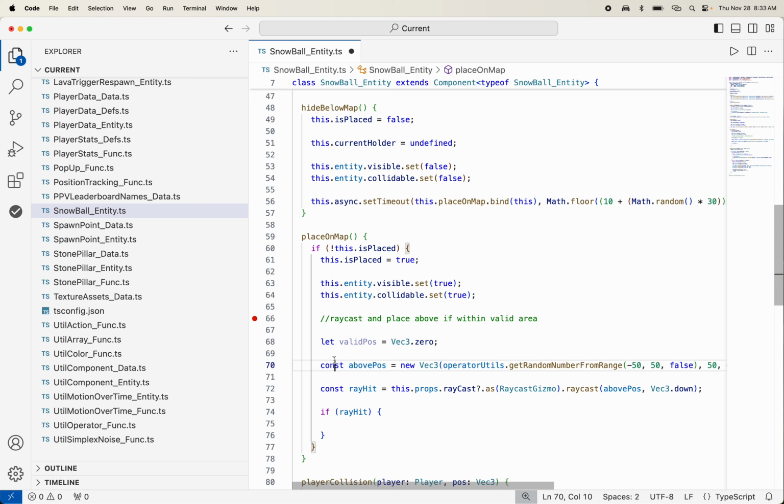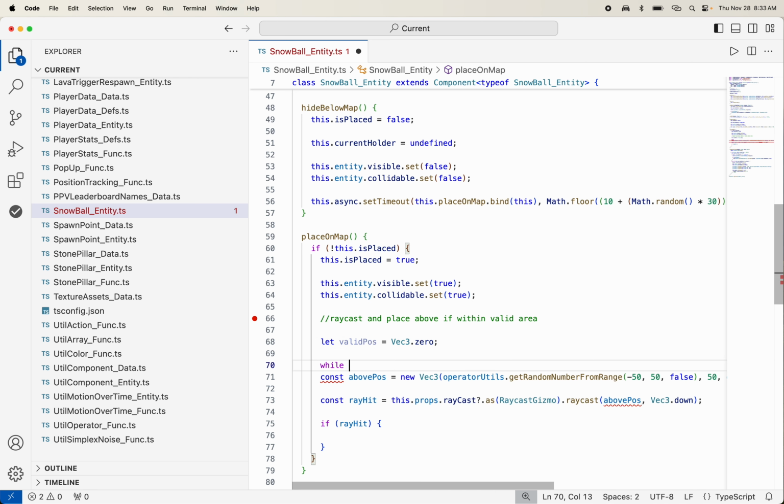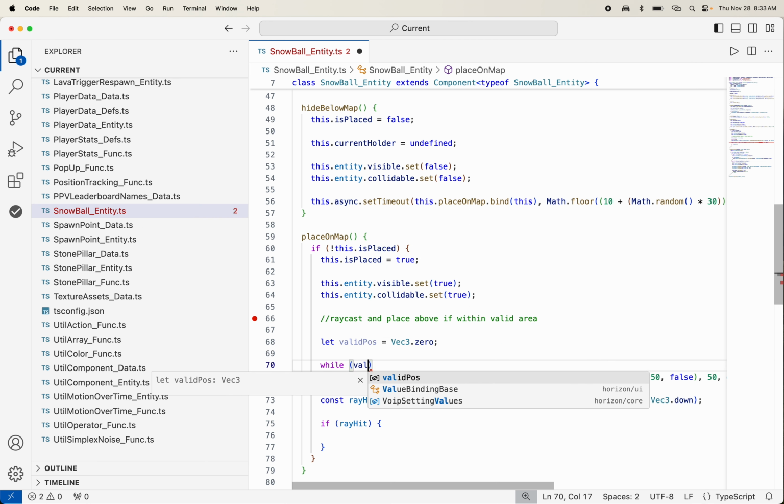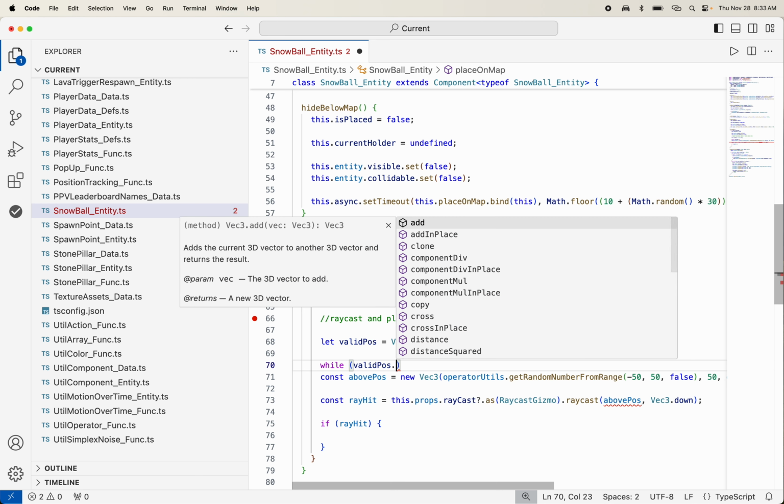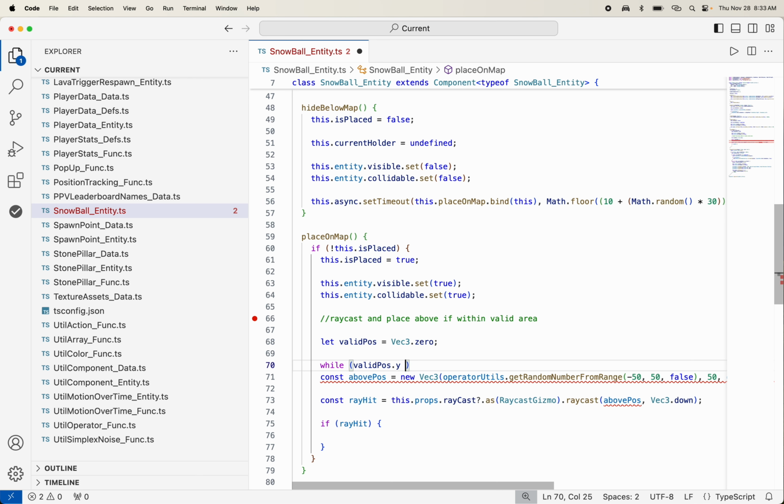And so we can do that by saying while parentheses valid position, while valid position dot y is less than, and so I want this to be within the range of, I want to say 3 meters above the y. So we'll call this 2.5 meters. So while the, we'll do 3 meters. So a valid hit position would be y is less than 3